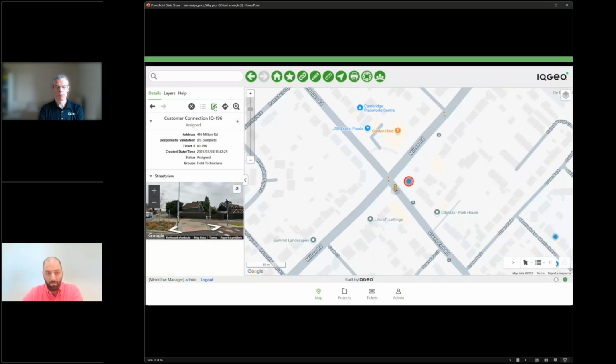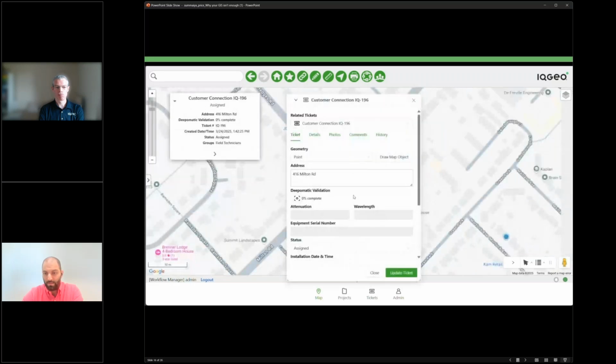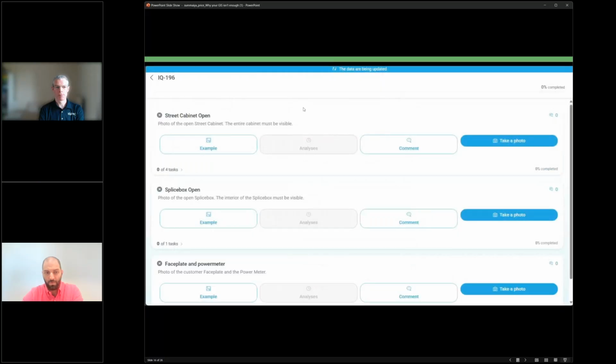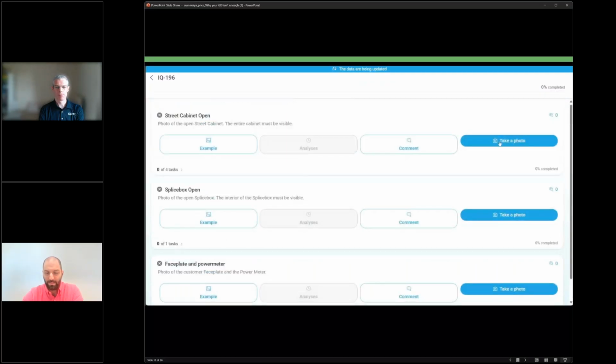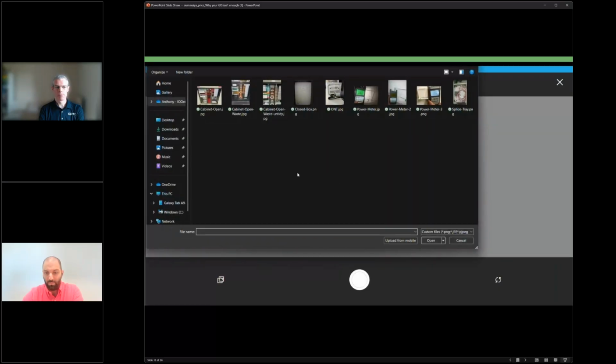So once I'm editing my ticket, I will have the UI present me with all the different options and configurations that were done to submit that ticket, and especially the integration with Deepomatic. So we move into the task list that is configured for this demo. We're starting with the cabinet connection for this customer connection.